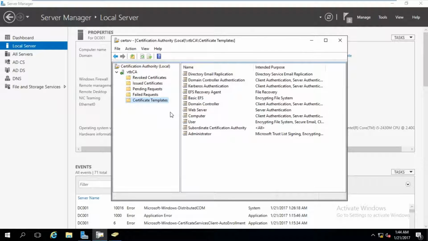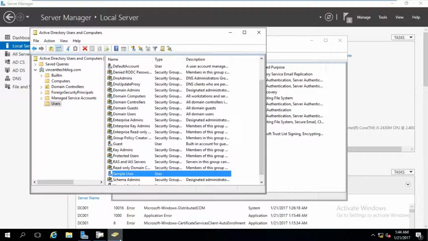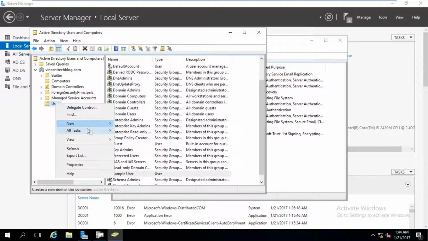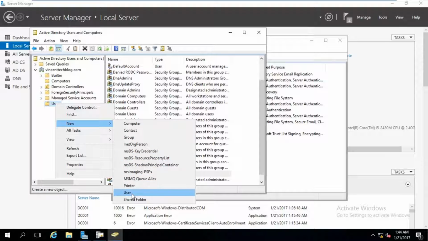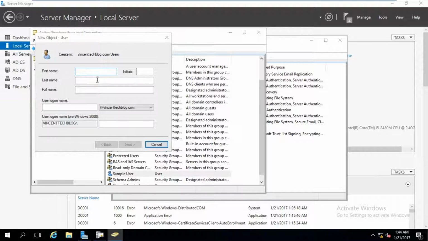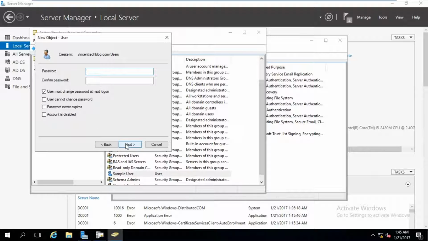So right now from here guys, we need a dedicated user account that would be able to carry out all the key recovery functionalities. So we have to go over to the domain controller as well, so we'll go over to the users, and we can right click on this user and then go for new user. We're going to create a specialized user account for this key recovery, so I'll call it KRA, that is key recovery agent, and I'm going to call him kra@vincentechblog.com. Give the password,